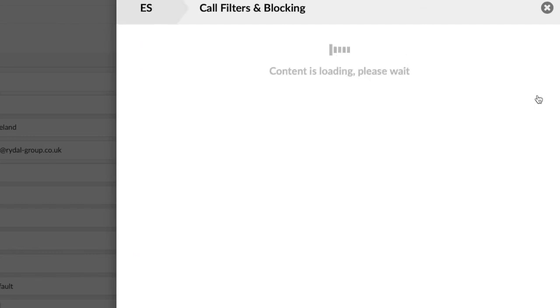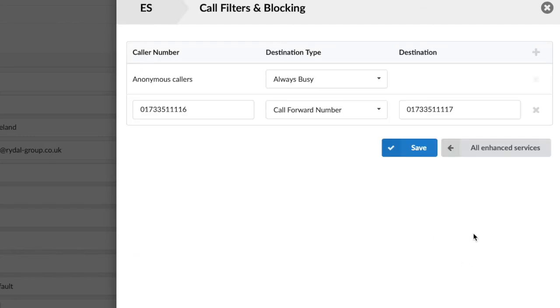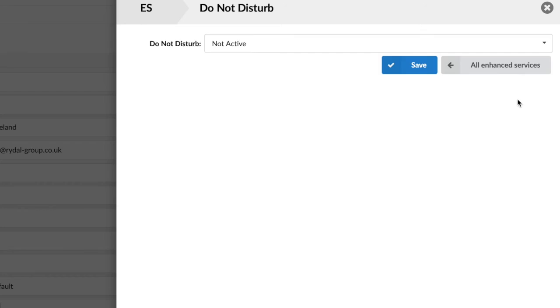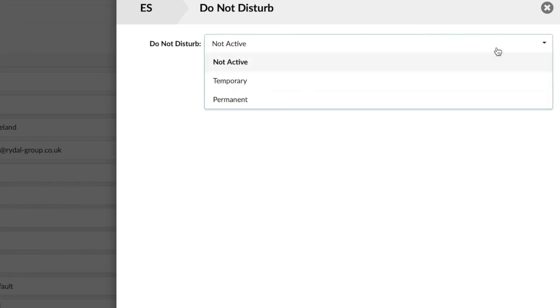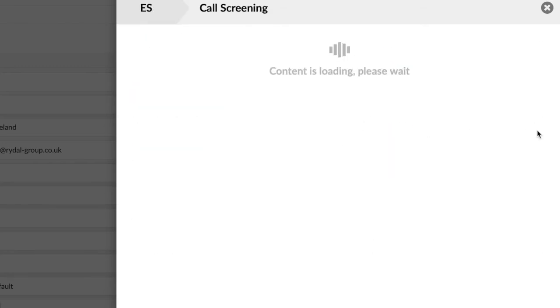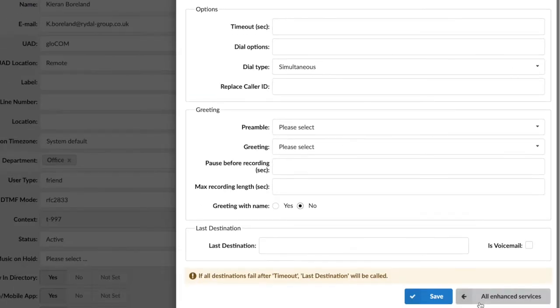Call filters and blocking. This service filters and blocks all incoming calls based on a set of rules. For example, calls will be filtered based on whether they're anonymous or belong to a specific caller or telemarketer. Do not disturb. This service temporarily redirects all incoming calls to a destination number or a voicemail. Call screening, as the name suggests, if this option is turned on in enhanced services, it will offer call screening